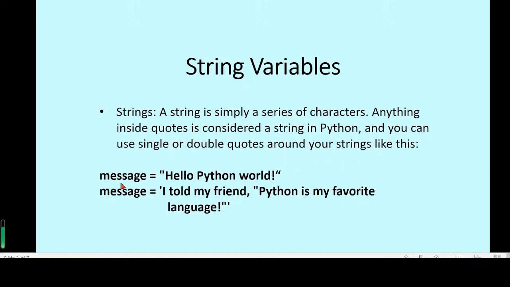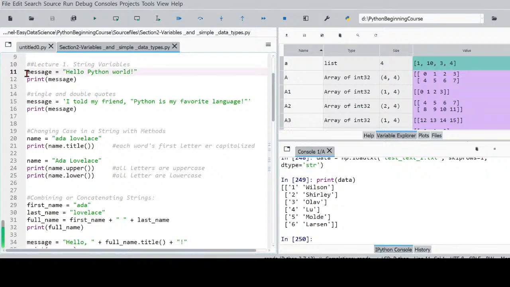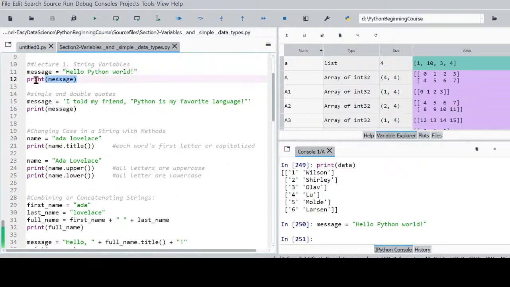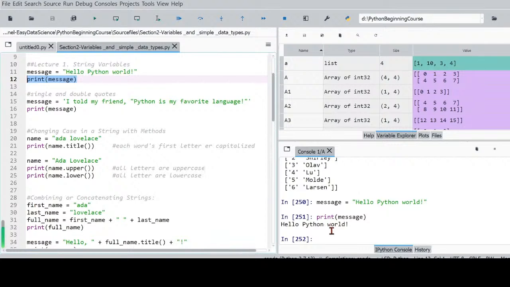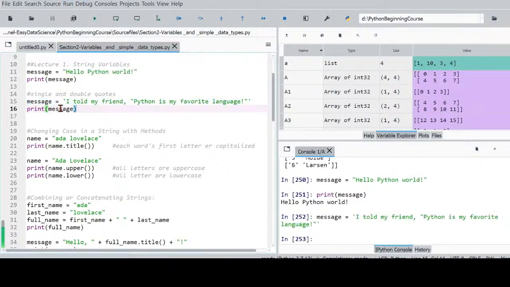like this. So this is a string inside double quotes, and this is also a string inside single quotes, but there are also double quotes inside the single quotes. So this is a string message, and we can print this string. Hello Python world, and this is also a string. We can also print